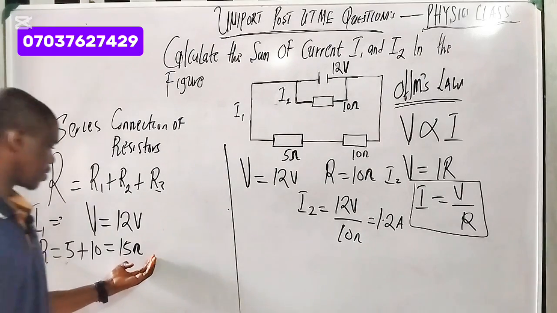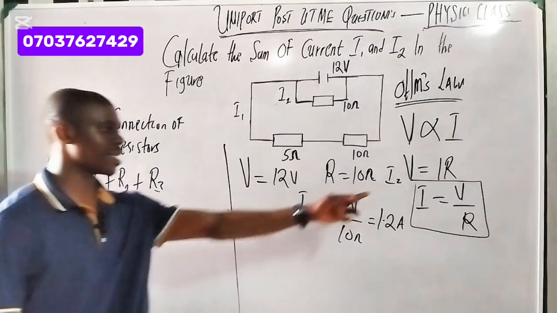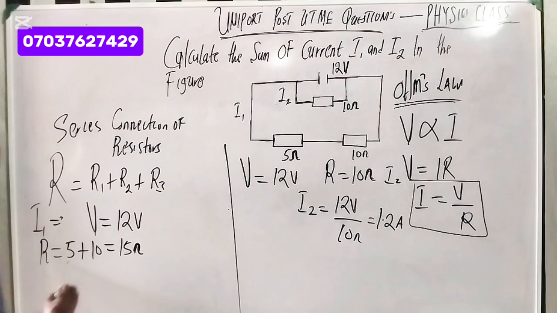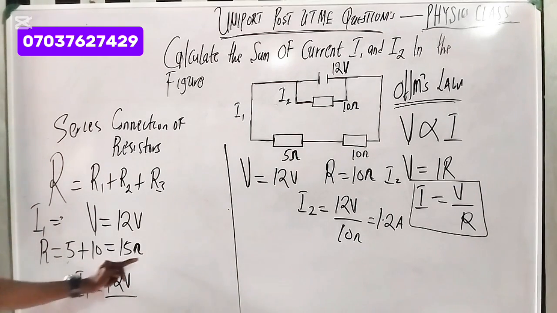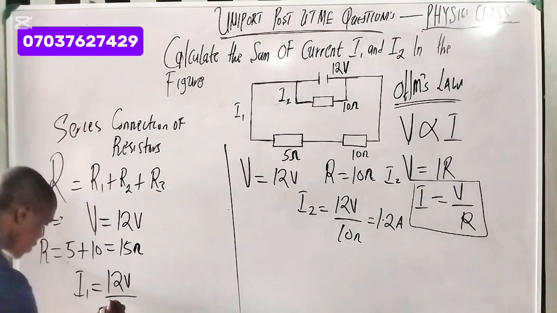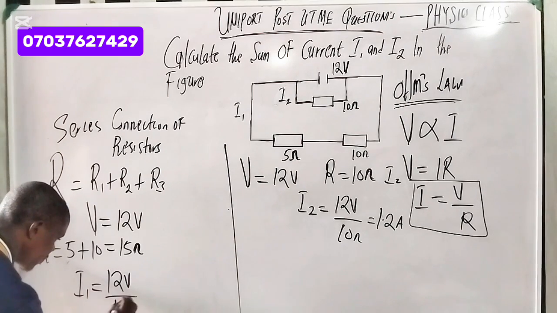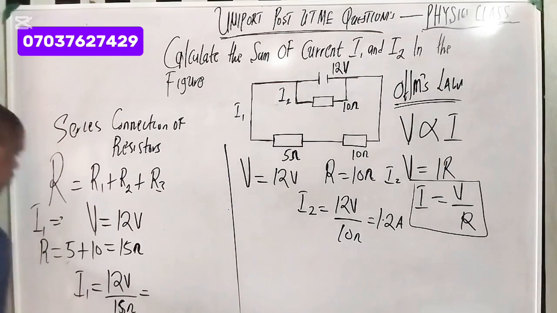Do you understand? So from here, I can apply this formula. I1 equals V over R. What is my V? My V is 12 volts over my resistor, which is 15 ohms, equals